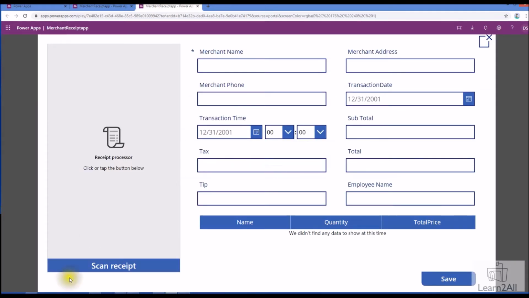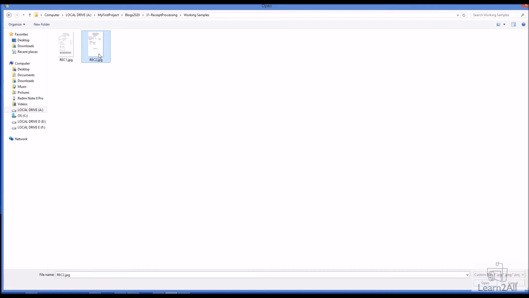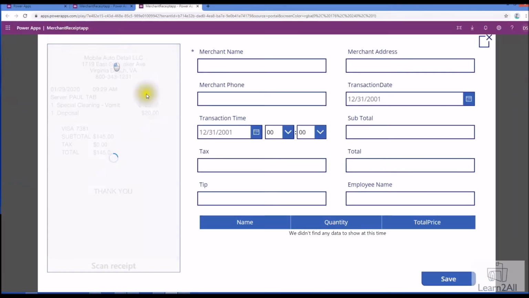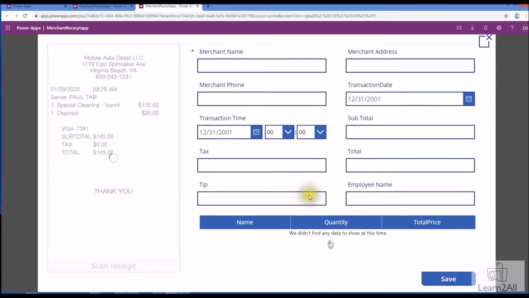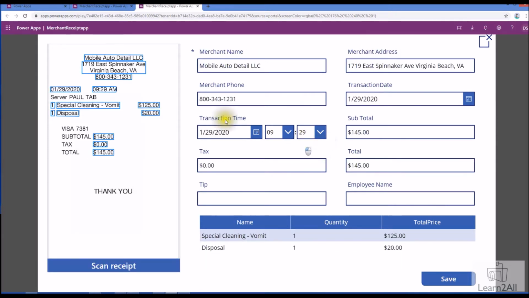At the end we will build this type of Power Apps application. So here let's scan the receipt. Whenever we scan the receipt, it will detect all the fields automatically, and based on that, this form is pre-populated automatically. Once the form is pre-populated, we can check whether the information is detected properly or not.